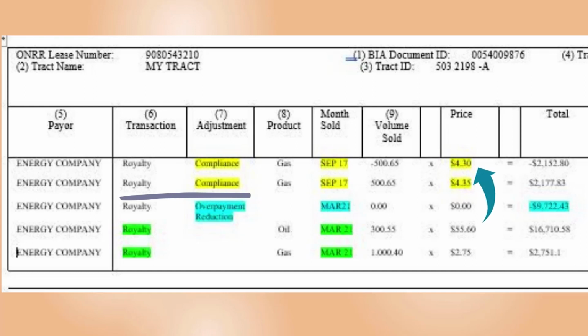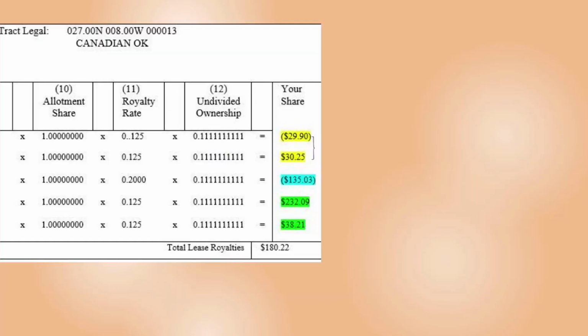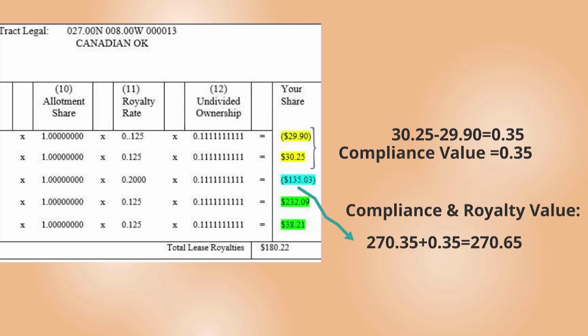The price for September 2017 was increased by 5 cents, from $4.30 to $4.35, thereby increasing the royalties. 30.25 minus 29.90 equals 0.35, the compliance value. 270.35 plus 0.35 equals